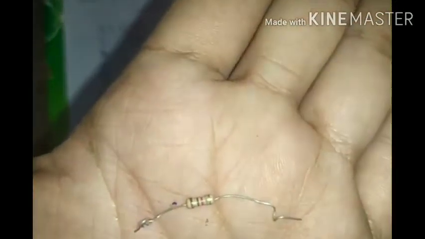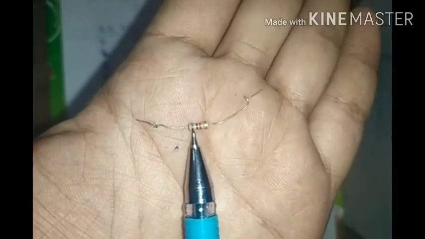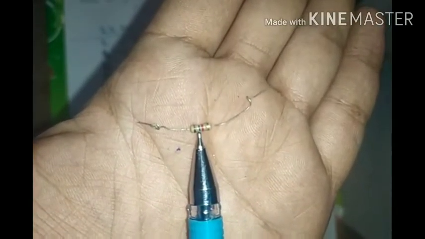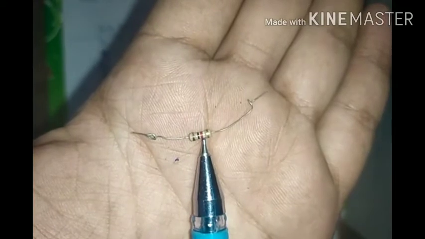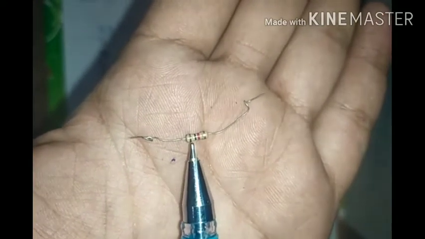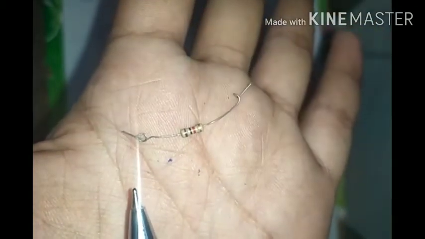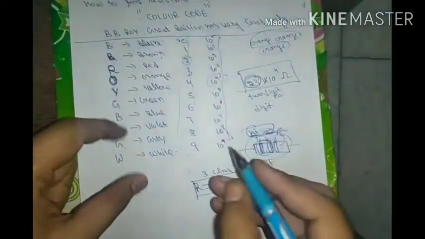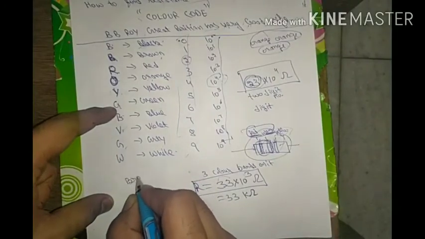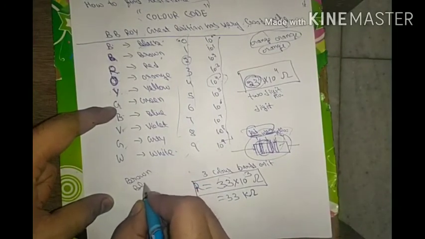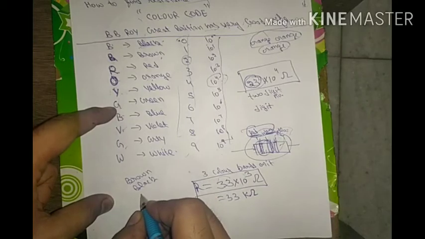So place it like this. You have to start from the first color, and the first color is opposite to the golden color. So this is our brown color, this is our black color, and this is our red color. Clear students? So it is our brown color. If you can see, this is our black color, and then the third color is red. So write it: first is brown color, then black color, and then red color.